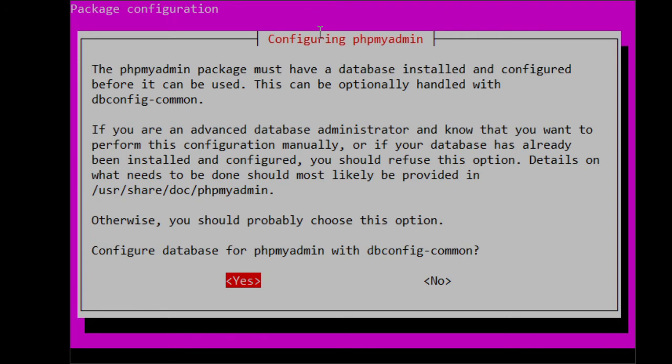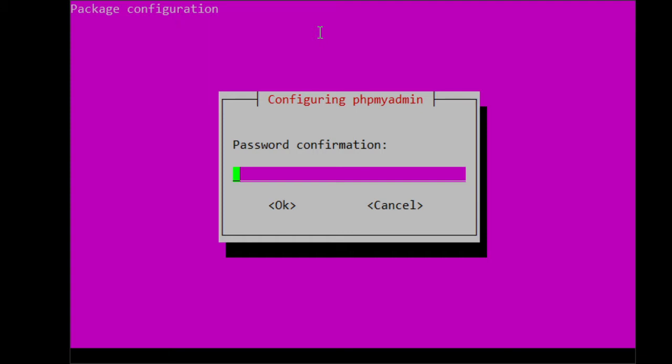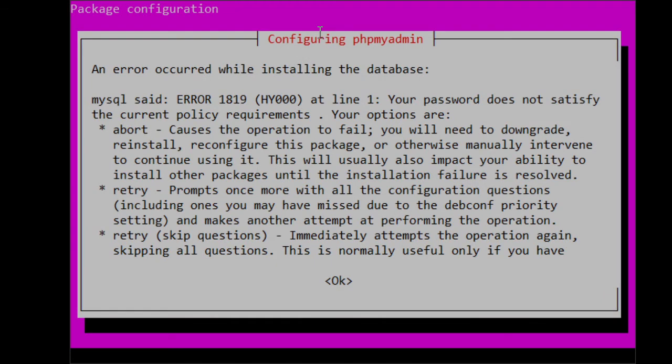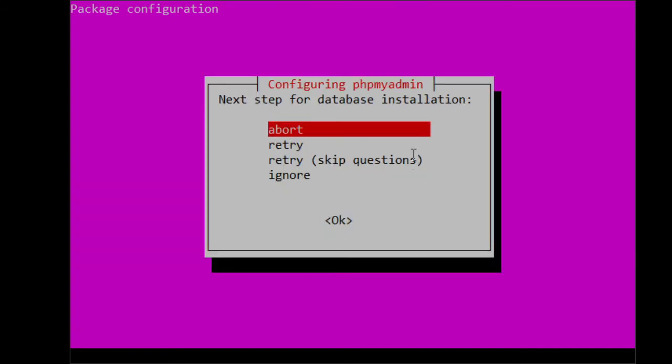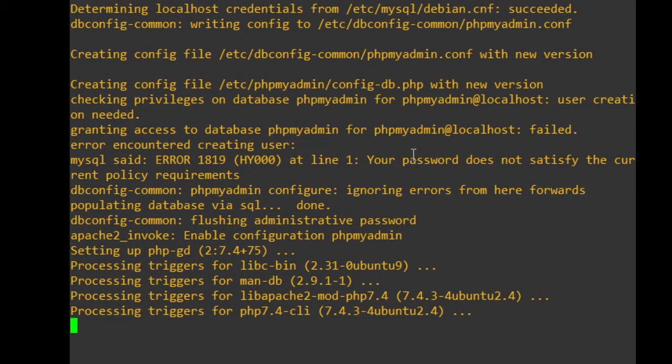And PHP database, yes. Configure database with configure, yes. Okay. What is the password for root? 1 2 3 4, and hit enter. Confirmation password root 1 2 3 4, hit enter and okay. And now you have to tab, hit okay, and now you please use ignore, and we will continue our installation